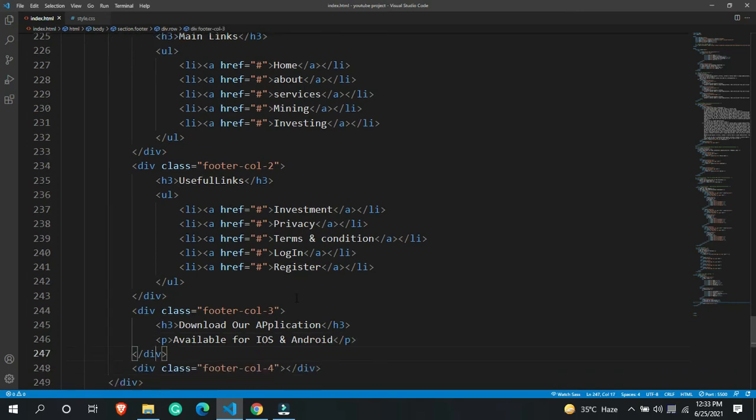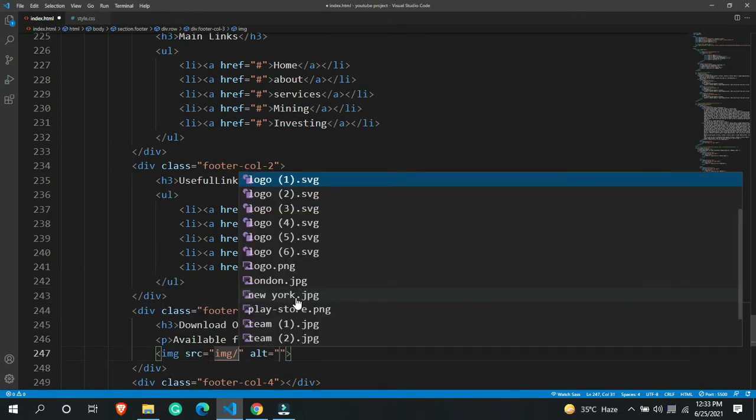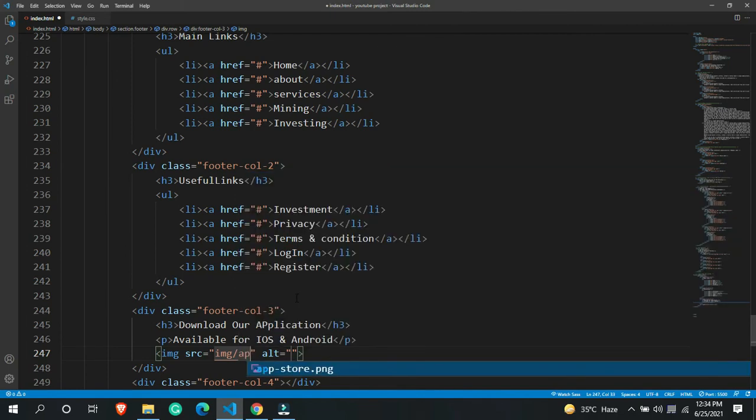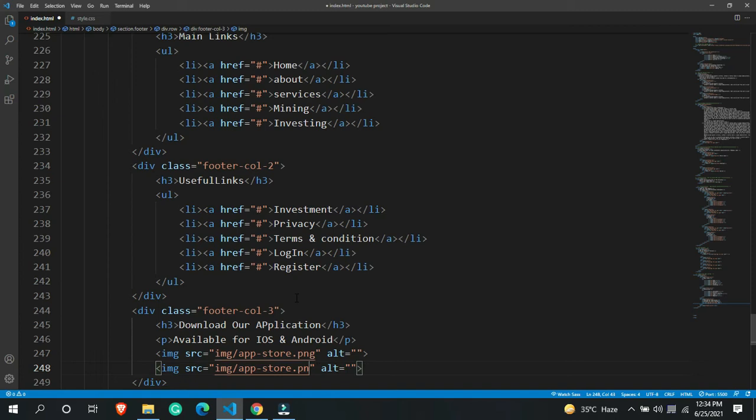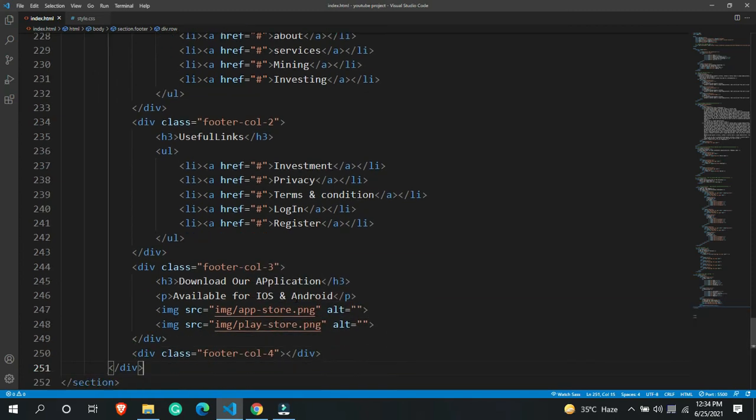So let's say I wanted to add an image over here. Let's add one img, then img slash, then let's say maybe I'm having app store. Then let's replicate it, and then Play Store.png.